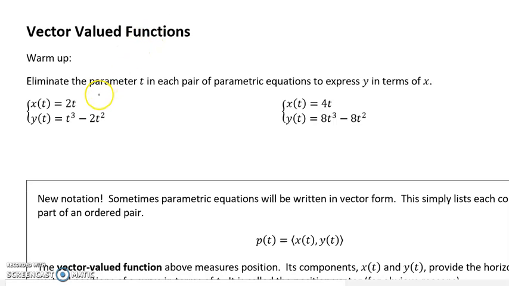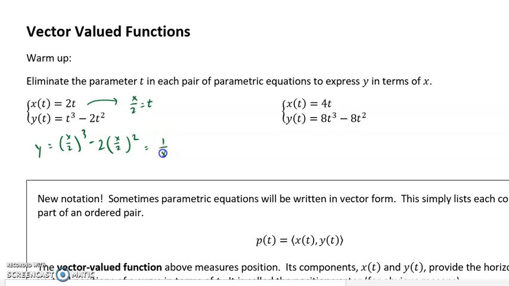Especially with this warm-up here, this is simply a review of what we just got finished talking about with parametric equations. We've got a pair of parametric equations right here, and we're asked to eliminate the parameter. Same thing over here. So I'll just go through that real quick. We'll solve for t in the easier one, and we'll replace t with the thing that t equals in the more complicated one. So in this case, we have t equals x over 2, so I'm going to replace the t with x over 2 here, and I'm going to replace the t with x over 2 here,